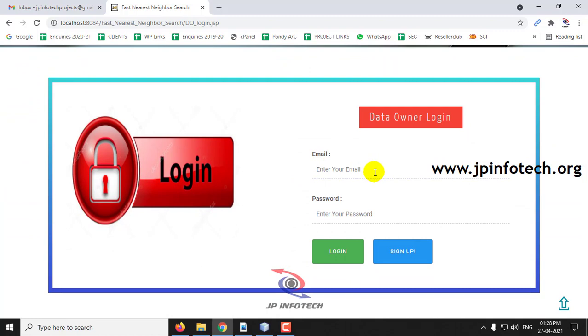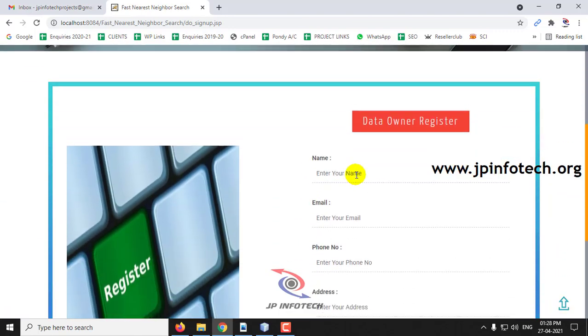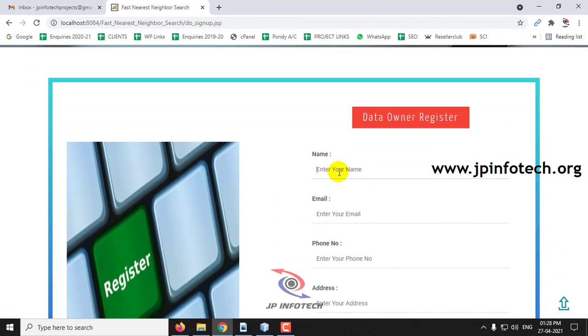As I am a new user or data owner, I am going to click sign up. I'll be registering the data owner now.